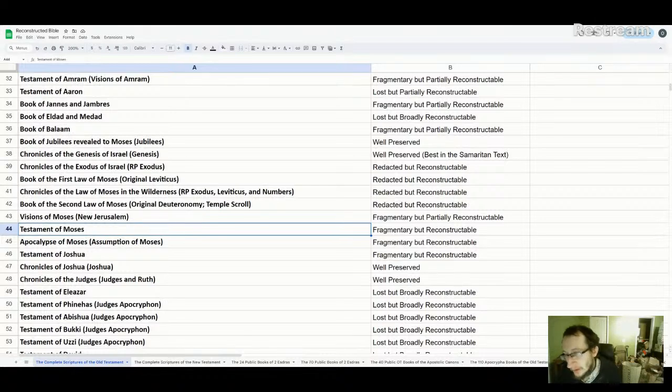But we can use Numbers and Exodus to fill in anything that seems to be missing, and then put it all together, and we have the Testament of Moses in its basic form. Obviously, because we don't have an actual manuscript, we can't reconstruct the exact wording that Moses said, but we can reconstruct the substance of the Testament of Moses, the basic gist. We can put it in his own words, Moses speaking in first person.